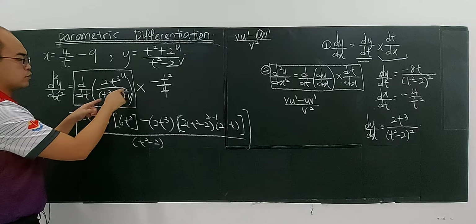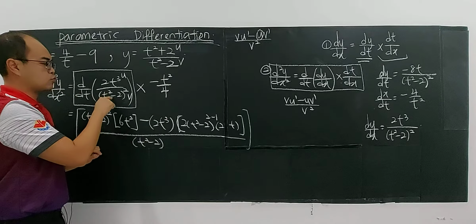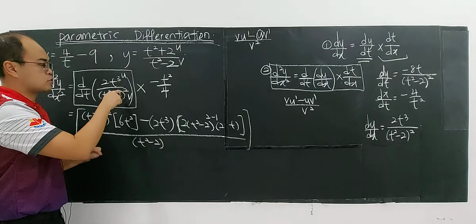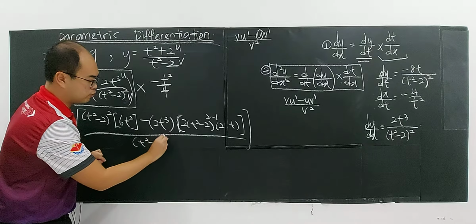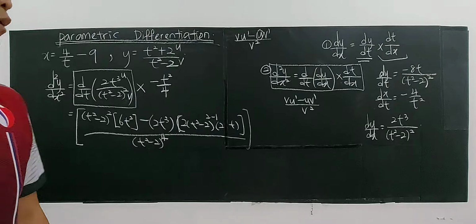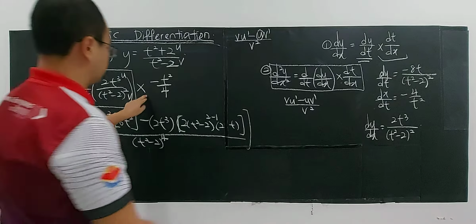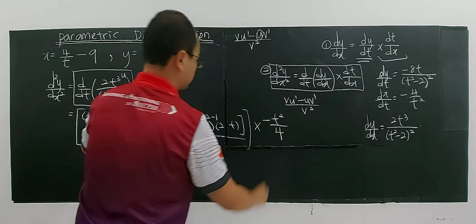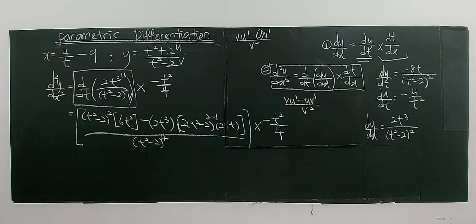So this is v. V is t square minus 2 to the power of 2. Now you square v again, so you are getting power of 4, right? Don't forget to multiply with negative t square over 4. So if you rearrange,